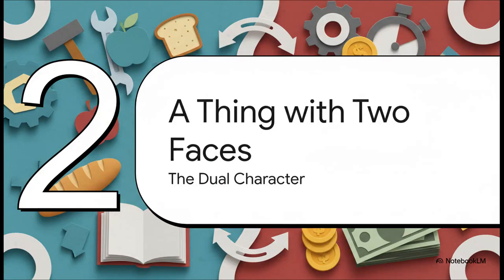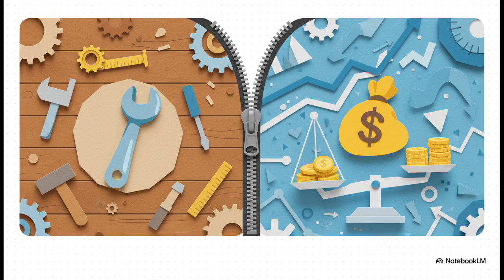All right, now it starts to get really, really interesting because every single commodity out there is kind of two-faced. It leads this double life. It has a dual character, two sides that are totally different, but they're stuck together, inseparable, in the same object. And this duality is everything. On one hand, you've got its use value. That's simple. It's how useful the thing is. It's about quality. A coat keeps you warm, a hammer pounds nails. But on the other hand, you have its exchange value. This has zero to do with how useful it is and everything to do with what it can get you on the market. It's all about quantity. How many of these for how many of those?